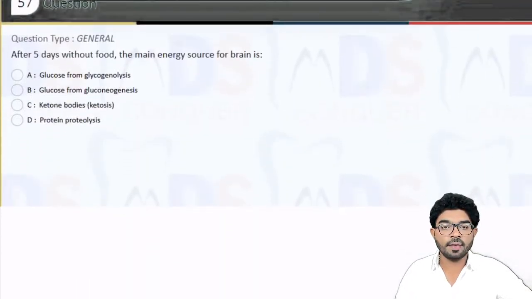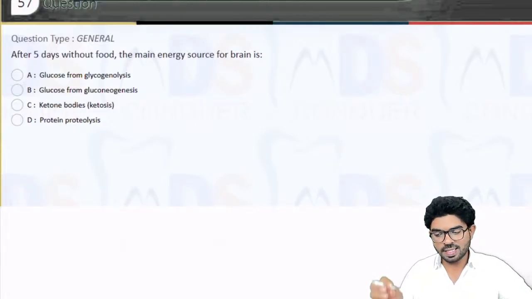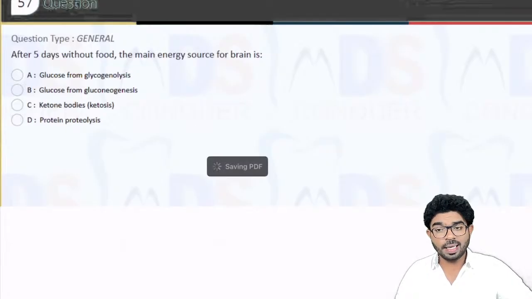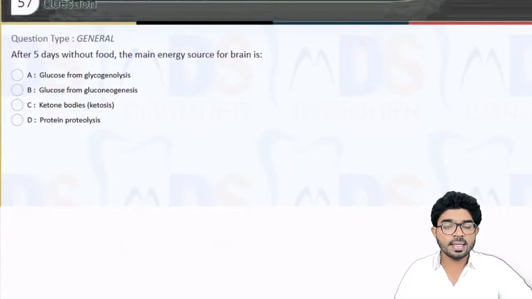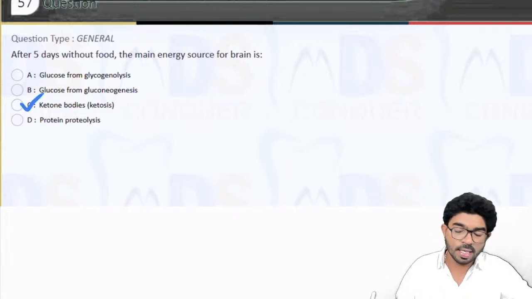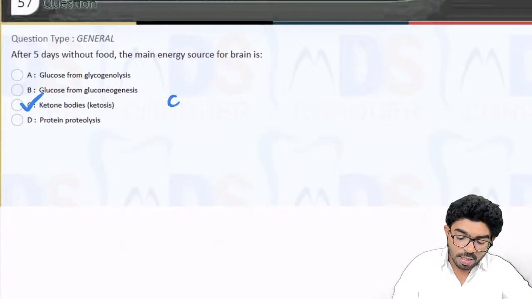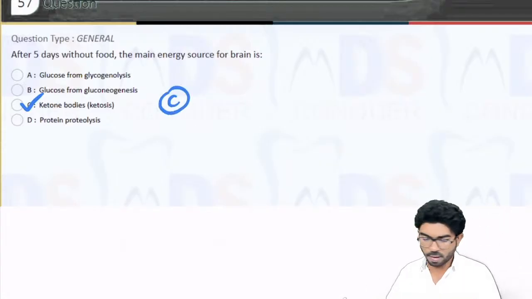The next comes after 5 days without food. Normally, you take food, glucose is going to come with which we maintain our daily activities. Whenever we are not taking food, whenever we are in the state of starvation, which particular ingredients are going to help us in maintaining the body activity, or the brain activity particularly? That is your ketone bodies. Okay, so after 5 days of starvation without food, the main source for the brain is ketone bodies, that is called ketosis. Okay, so I'm done with